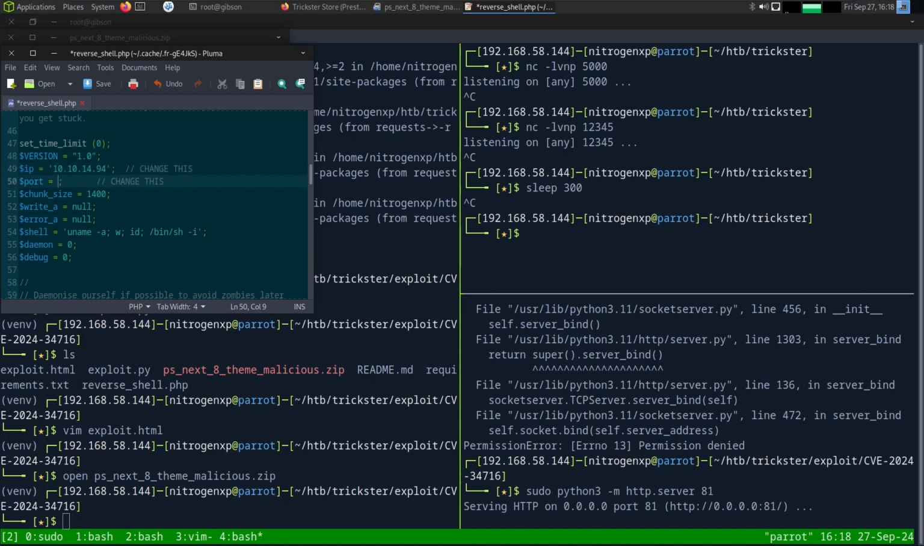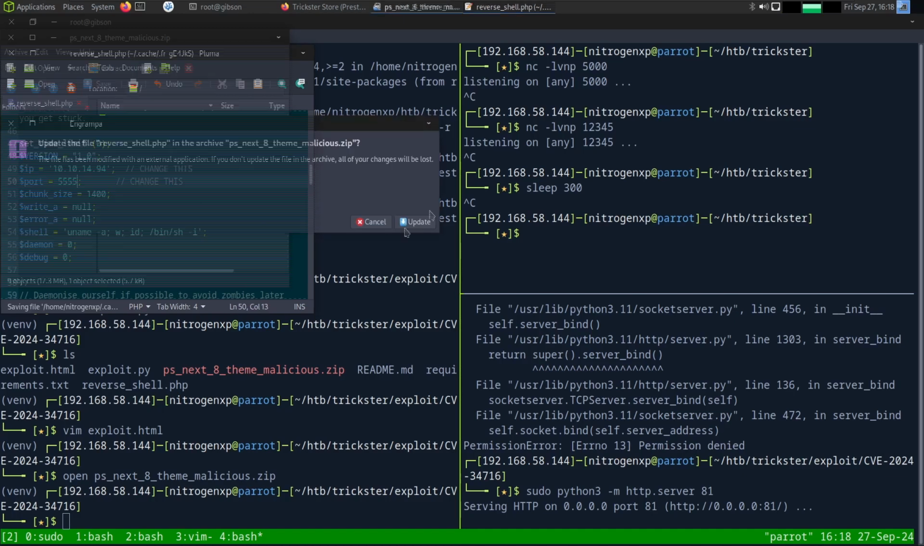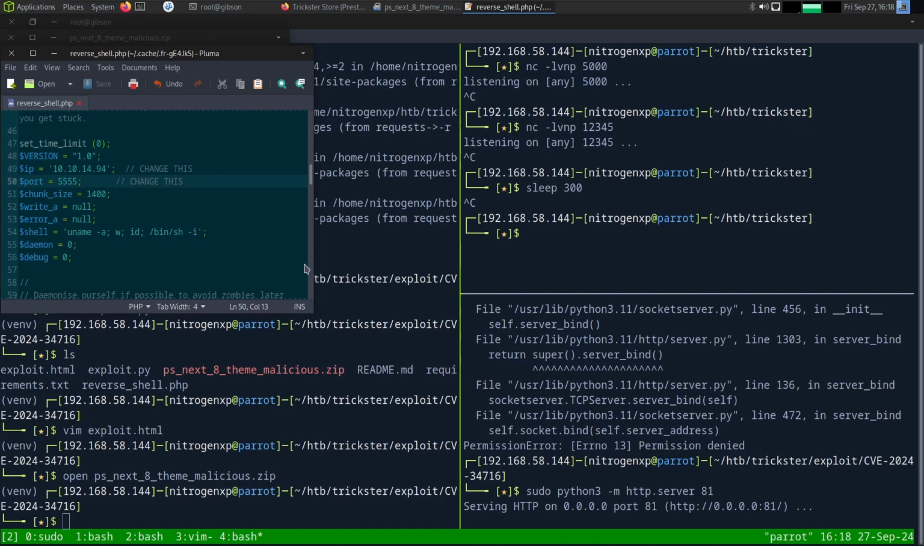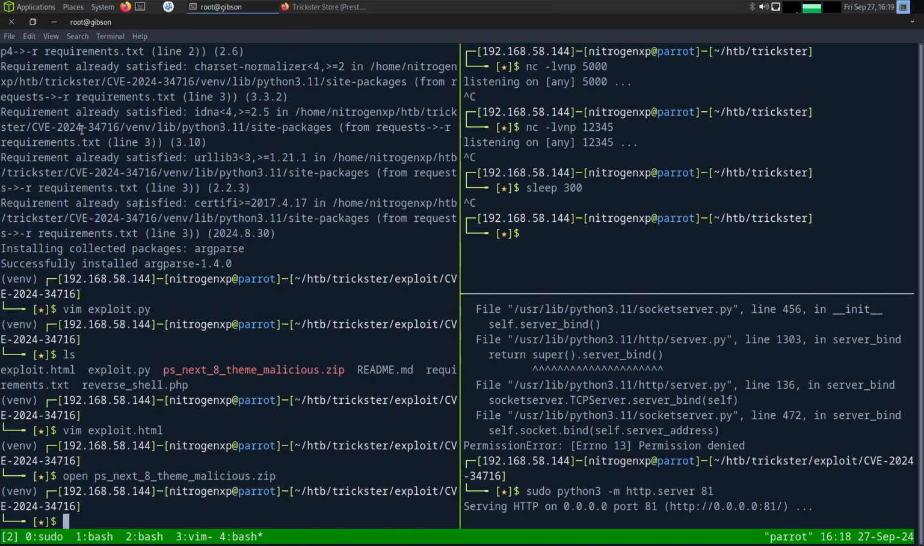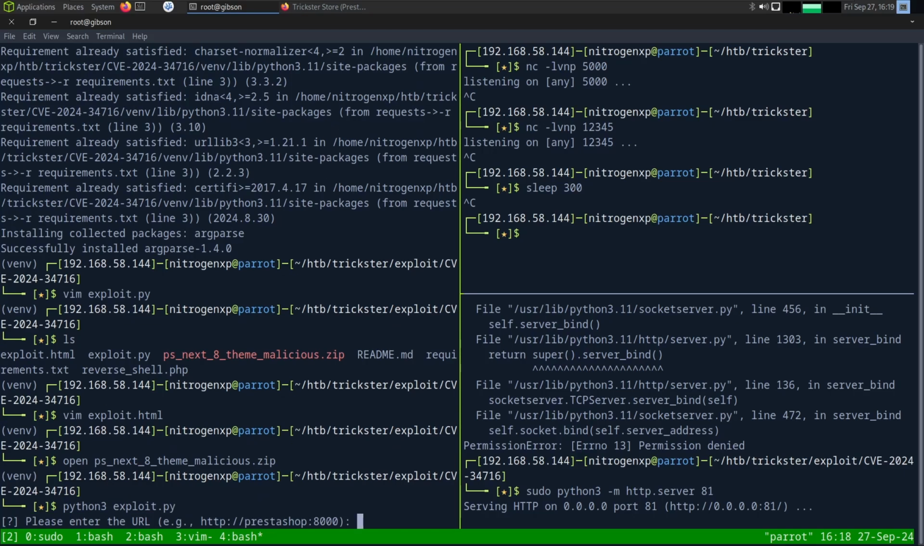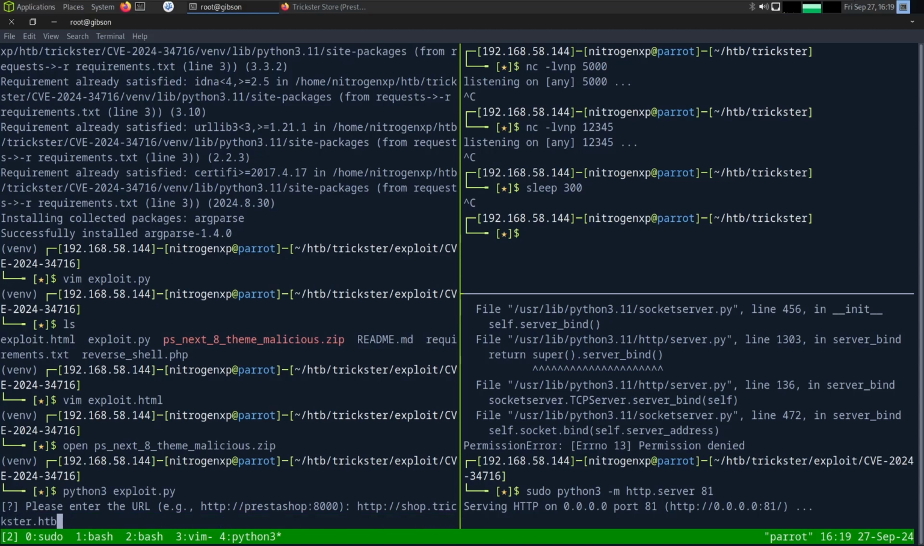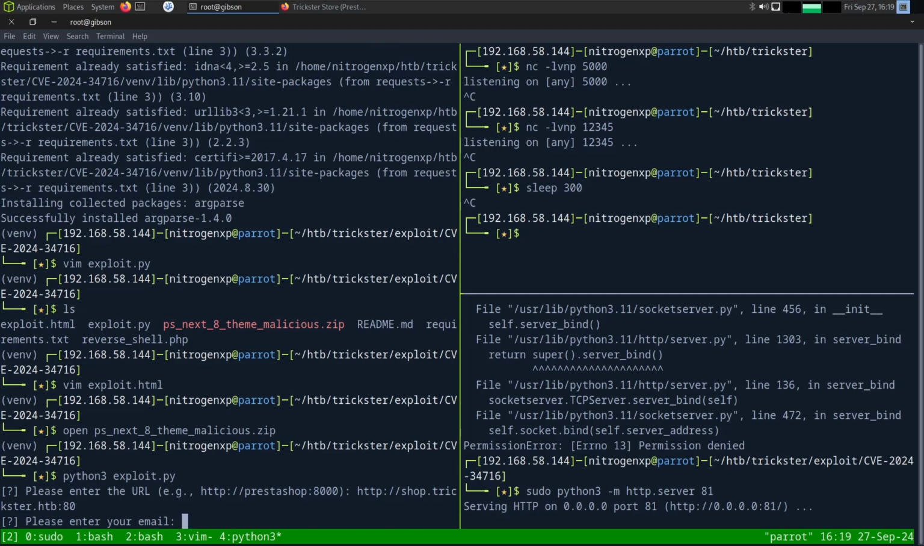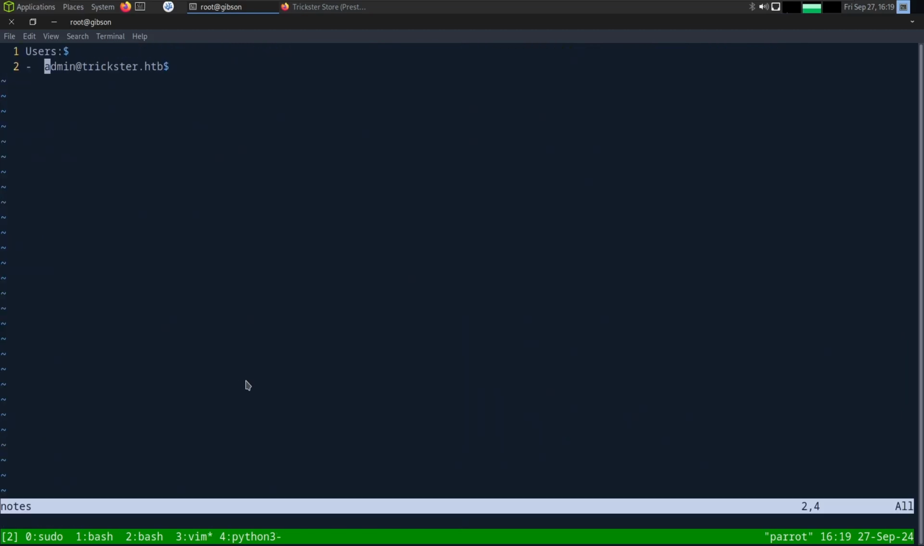And port is, let me just go with quad 5s and then save this, update. And yeah, I think it's fine. Exploit, let's try running this exploit. HTTP shop.trickster.html on port 80. Email is this email,